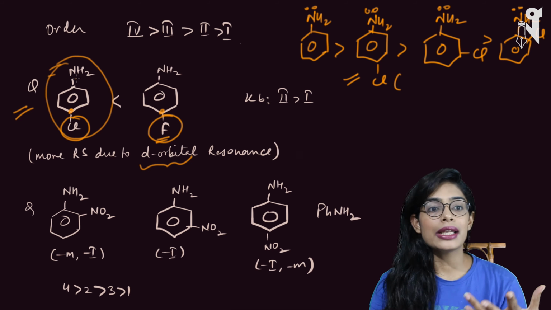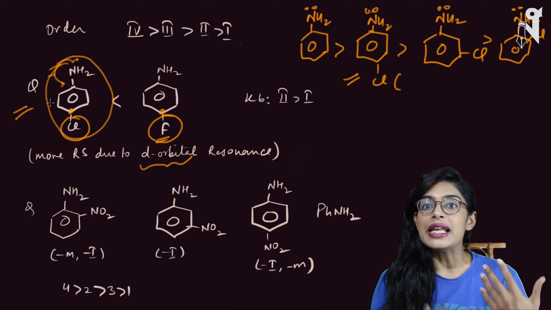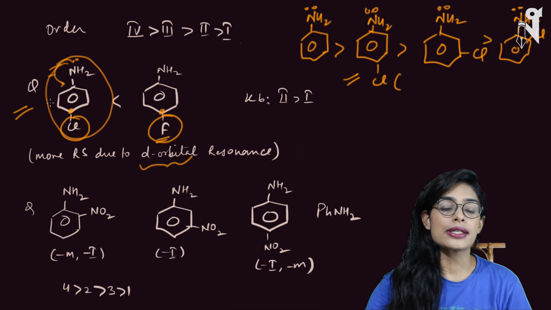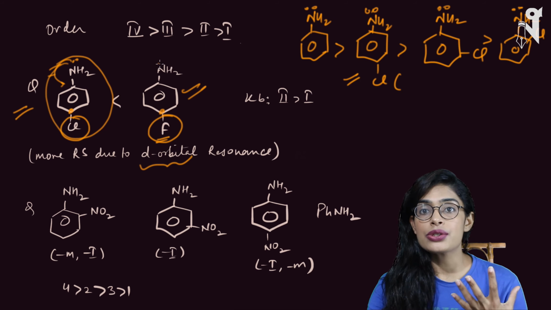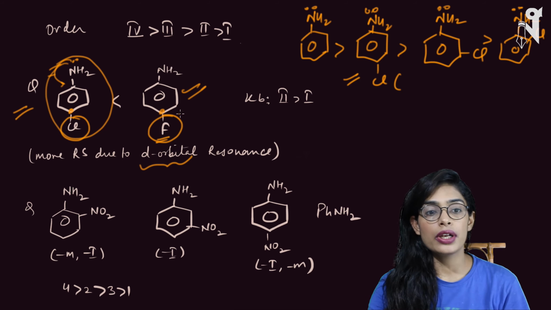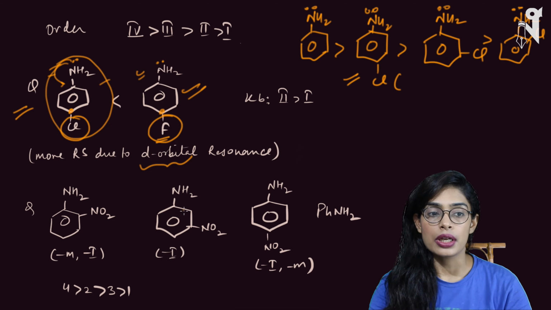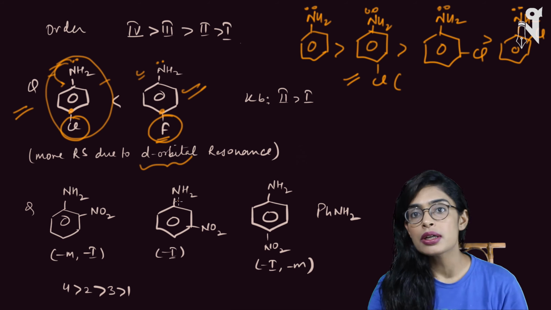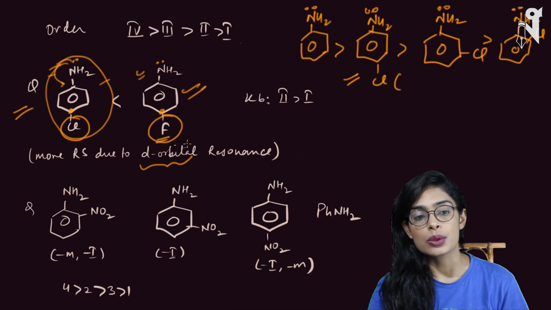Or you can also say the electron which is participating in the resonance will be lesser available to the nitrogen, because 6 resonating structures are there, whereas in case of NH2 over here, where we have 5 resonating structures. So if you look at the availability of electron to nitrogen, it is better in case of fluorine as compared to case of chlorine, because there are 6 resonating structures here. So more resonating structures due to the d orbital resonance, making the electrons further lesser available to the nitrogen, and that is the reason why second is more basic than the first one.